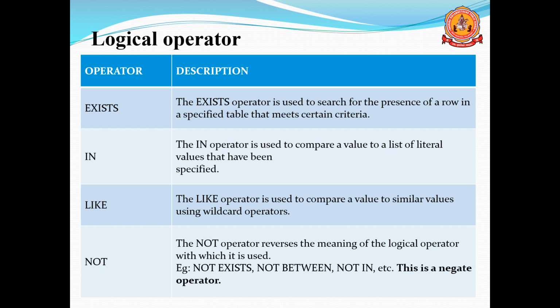So if you use not exists, that will check whether the particular row is not there. If it is not there, that is true. In case of exists, whenever the row is there, it will produce output as true. In case of not exists, whenever the particular row is not there, it will produce output as true. Like that, along with another logical operator, we are using the not operation: not exists, not between, not in, or not and, like that is also possible. That is in case of the not operator.